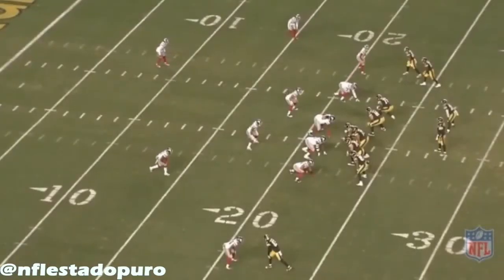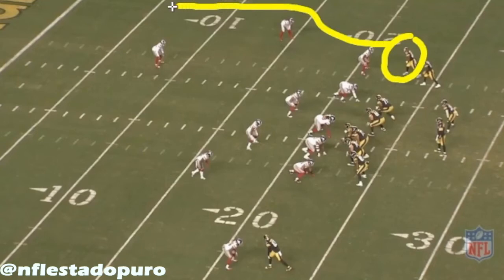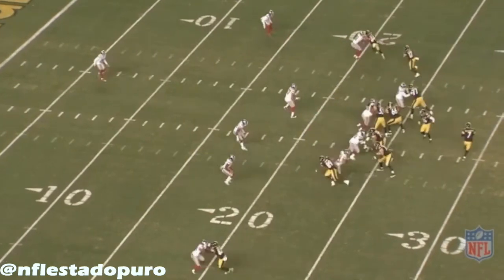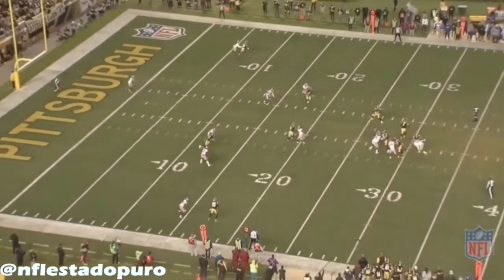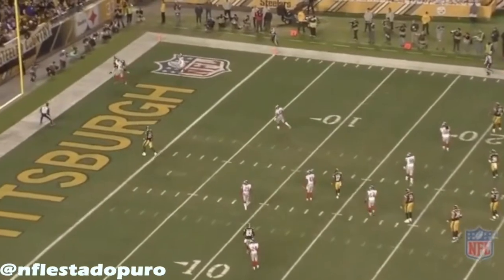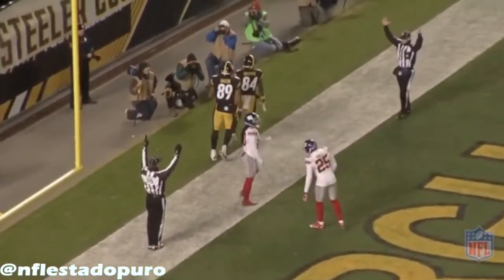Versus the New York Giants, it's a tremendous play by Antonio Brown. Here he's on a reduced split, he's closer to the offensive line on the hash marks. That's a pre-snap key of an out route. He's going to try to get the play on the outside of the defense, but Janoris Jenkins, the defensive back, is owning on this play. The Giants are on a cover 3. At this point, Jenkins has Brown one-on-one. He stays on it. That's a good defense, but Antonio Brown continues to work on his route, doesn't give up,